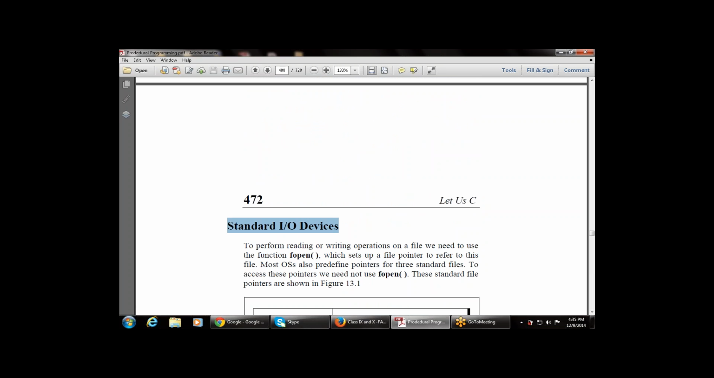Next part is standard input output devices, meaning what are the standard input output devices that are available. Now we have covered two or three topics. One is command line arguments, one is detecting the error using the ferror function. Next part is standard input output devices. This says to perform